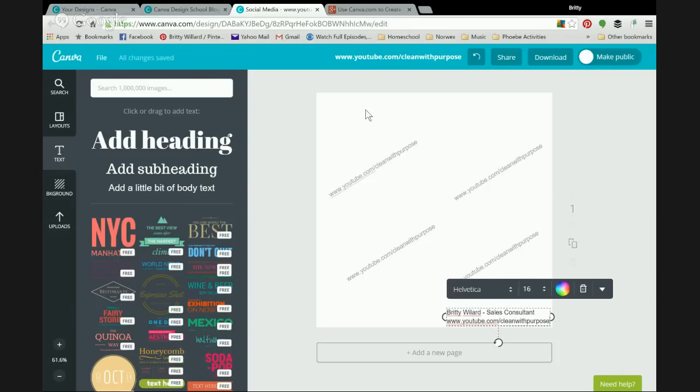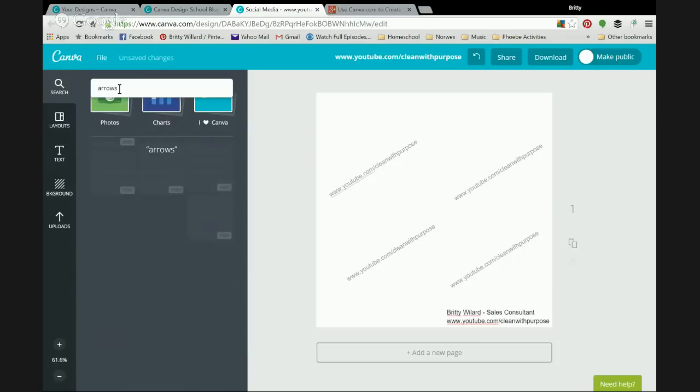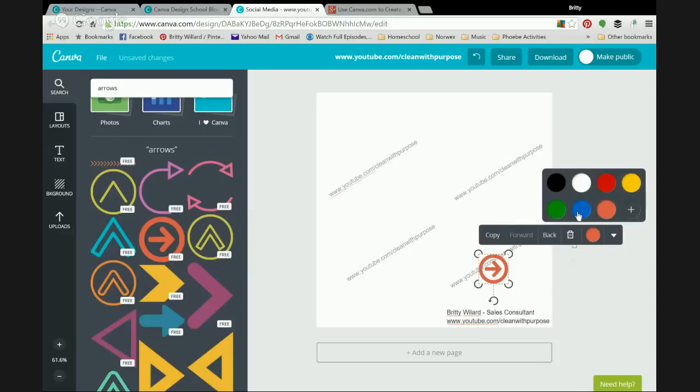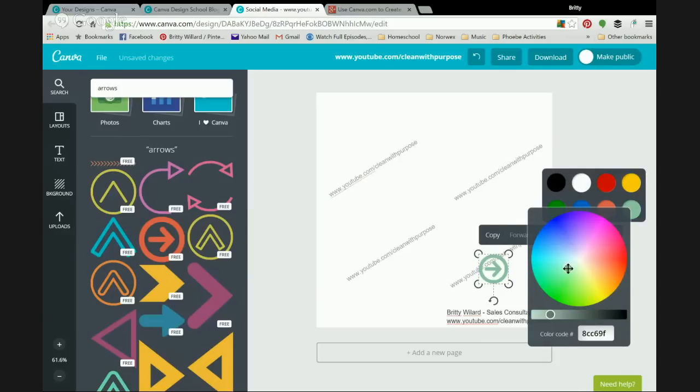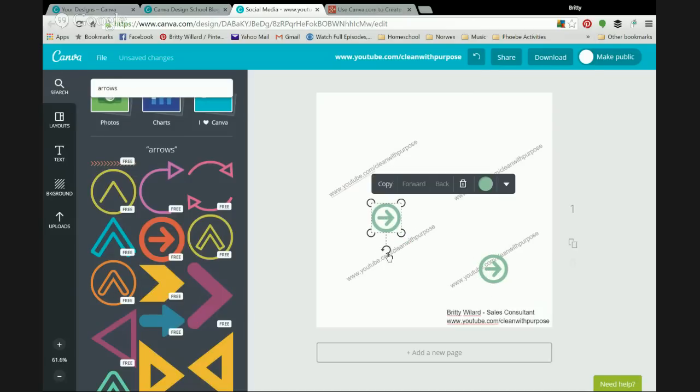And then I have a lot of people on my Facebook parties who sometimes just aren't very familiar with Facebook, so I wasn't sure. Sometimes they don't realize they can click through the images and see more. So I put little arrows on either side, which I think you can just go and do a search for arrows, if that's something that you feel like is beneficial, and you could just take one or whatever. You can size it down. You can change the color if you want a totally different color, and then copy also,